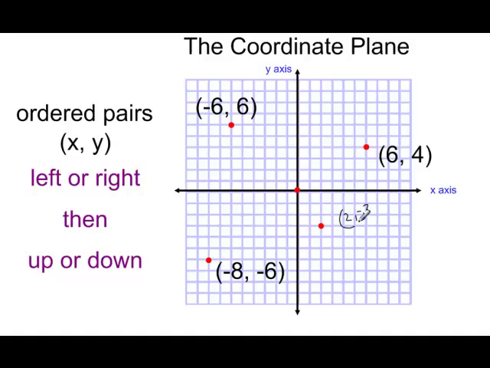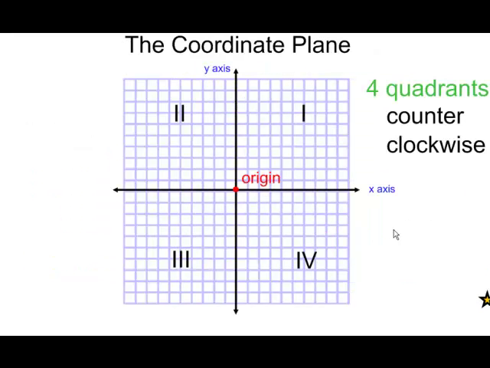One of the errors that students make is they get confused between the x and the y. So it's always left or right, then up or down. Okay, good. All right, the coordinate plane is divided into 4 quadrants. Okay, as mentioned earlier, we know that first quadrant is right there. That's what we learned in elementary school. So this is our positive